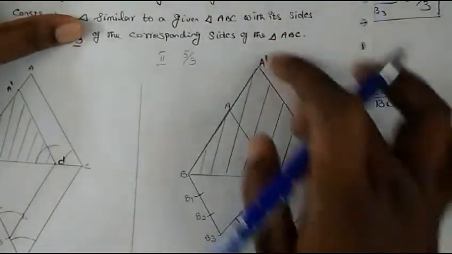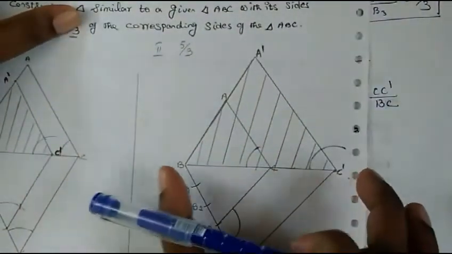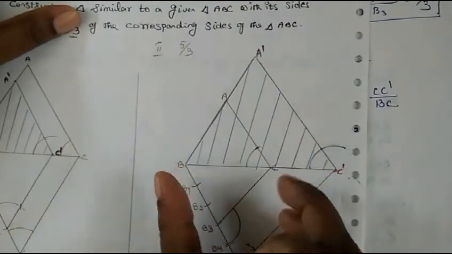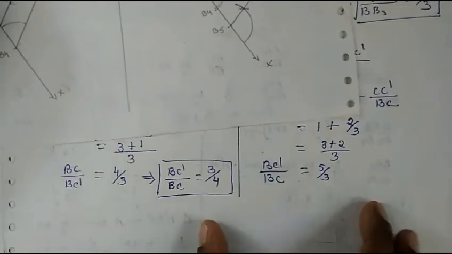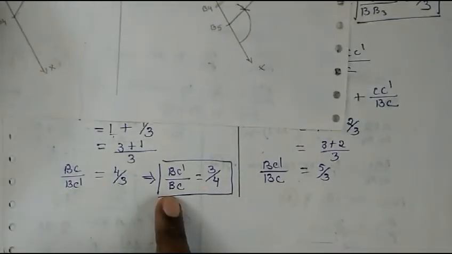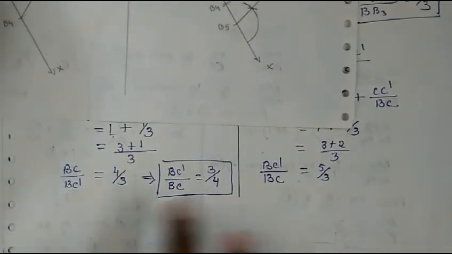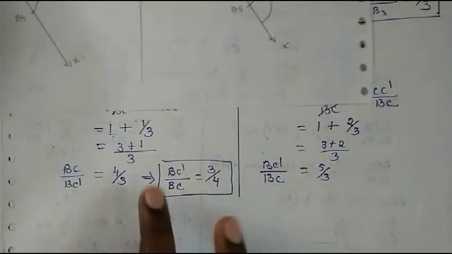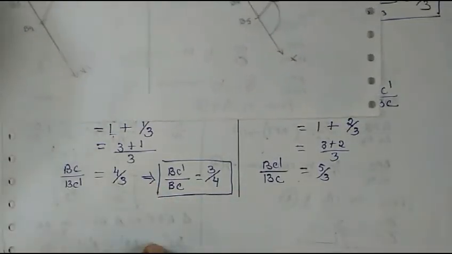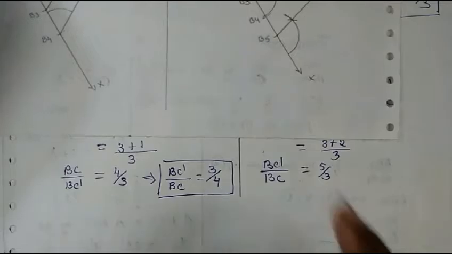Whereas here, what we have constructed is bigger triangle. So we will take BC dash upon BC. So here it comes exactly BC dash upon BC. So here comes correctly. Here you have to write the reciprocal of it. Okay, this you have to remember when you are justifying. Up to here clear? Okay.